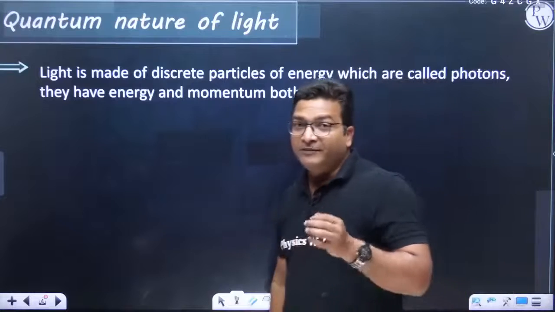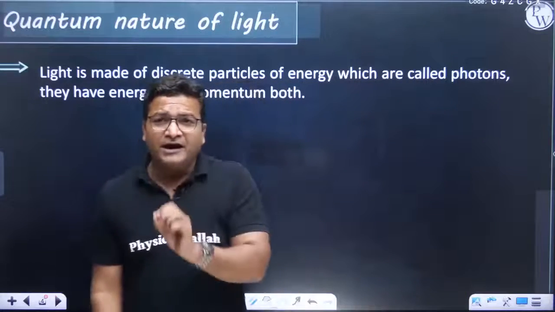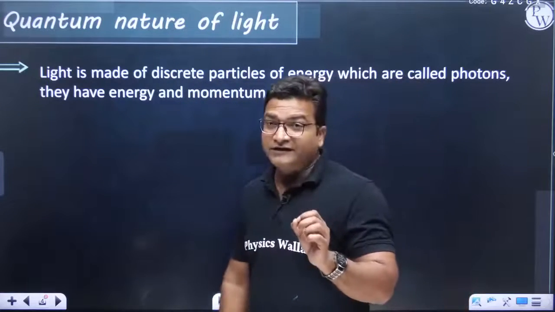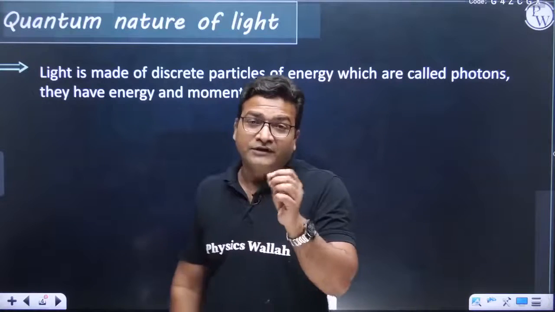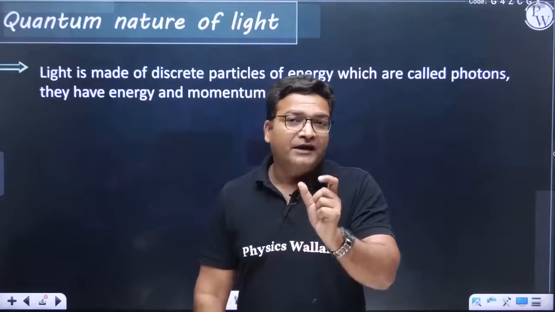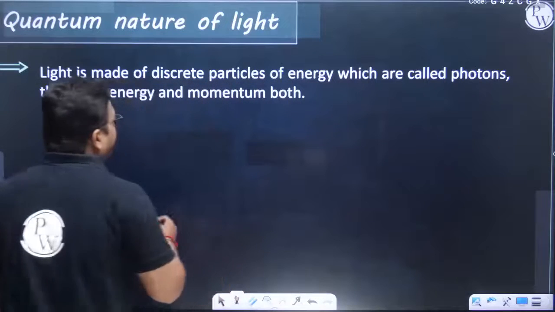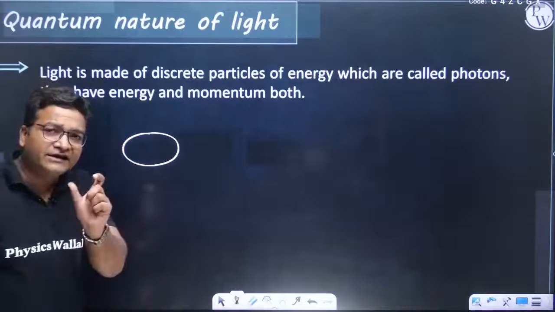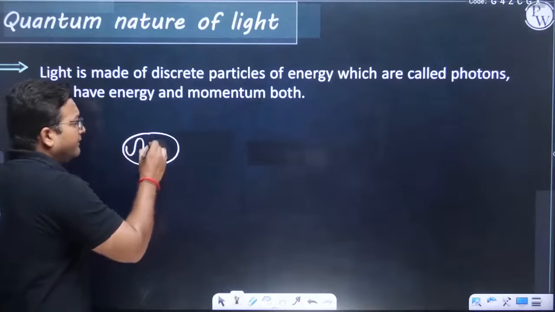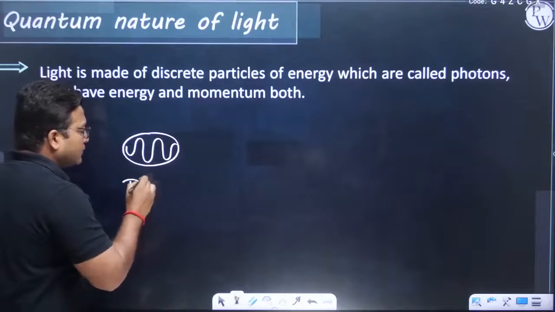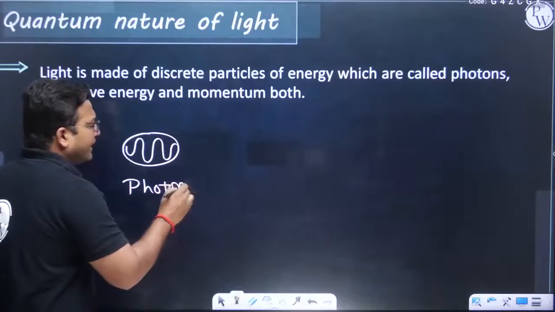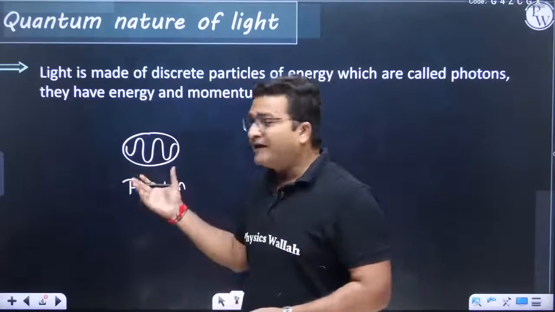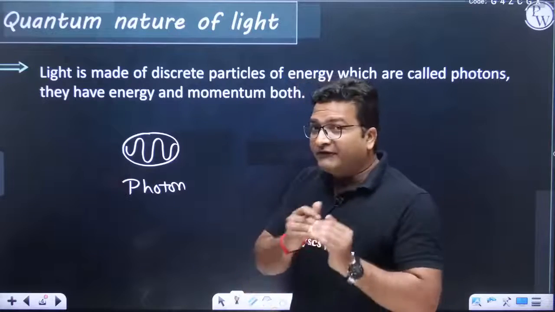Light is made of tiny discrete particles, and these tiny discrete particles are called photons. They have a little energy in them and they have a little momentum in them. So what we believe is light particles are a tiny energy packet called photons. They have a little wave in it. So this is a photon. Nobody has seen a photon. I'm just drawing a photon on the basis of my imagination that it has a particle and it has a wave in it, right? So they have energy and momentum.